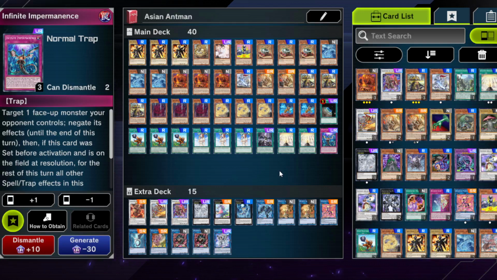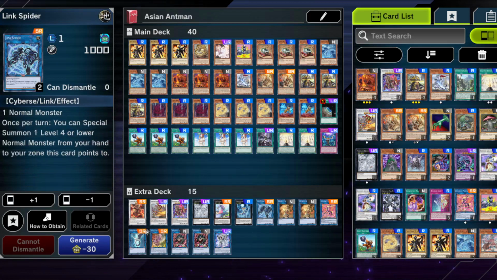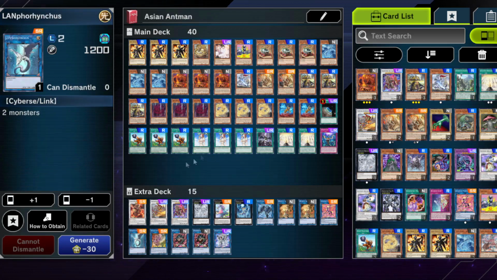Very good card. Also, in general, 10 packs for 7 out of 50 gems is quite nice value, even though it's just master packs. Other than that, obviously there's cards that you get for free, like Rasterliger, Link Spider if I'm not mistaken, Lanphorhynchus. These cards you all get for free. So in the end, the deck is somewhat cheapish actually,